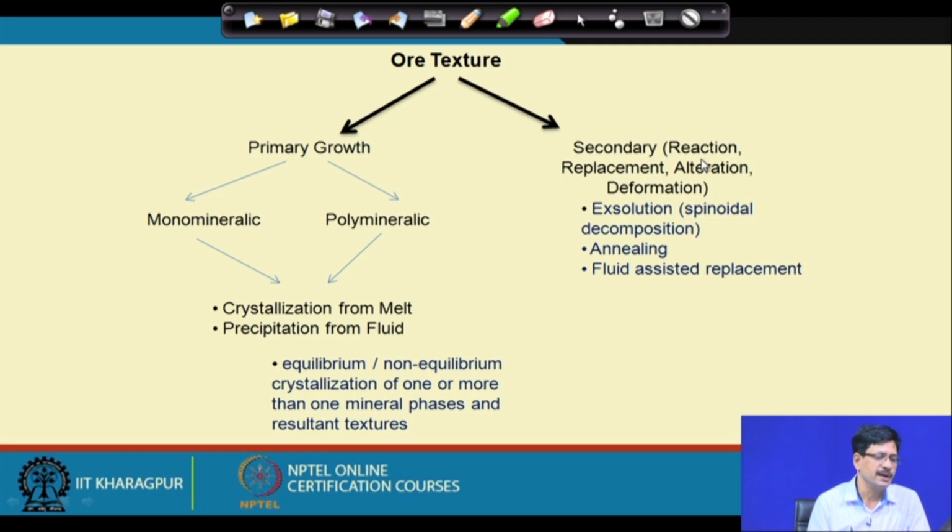There could be secondary reaction, replacement, alteration, deformation, exsolution, annealing and fluid-assisted replacement and so forth. These are all processes interpretable by studying the ore minerals. When more than one ore mineral is present, we can see from the way they are intergrown with each other